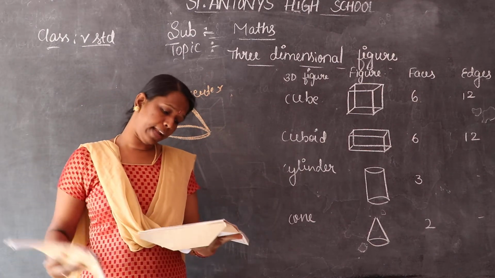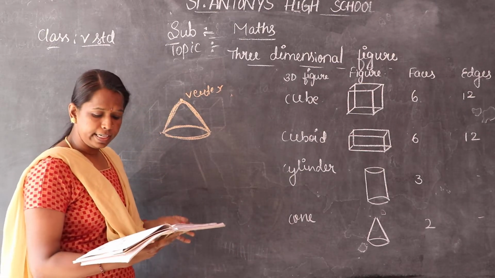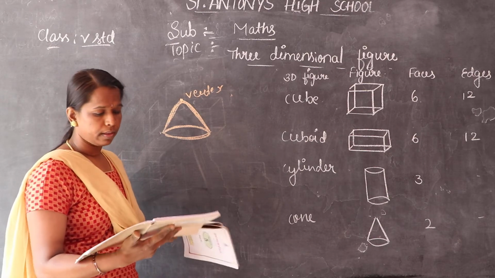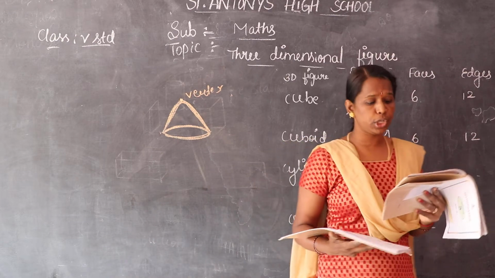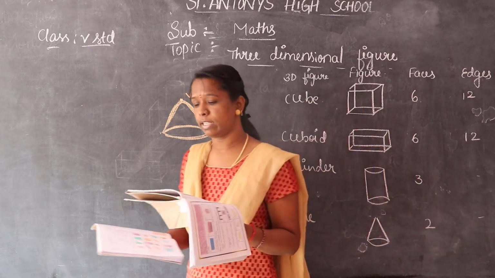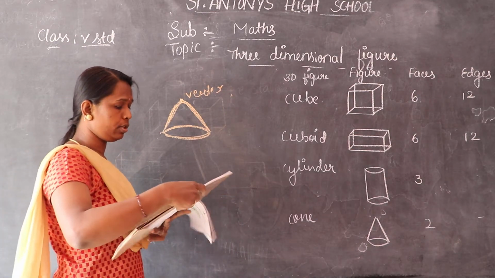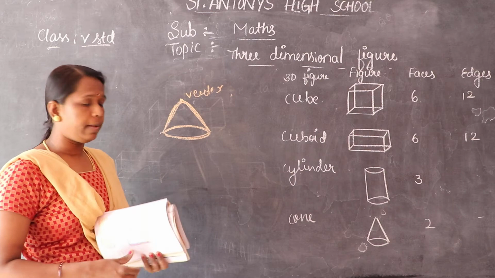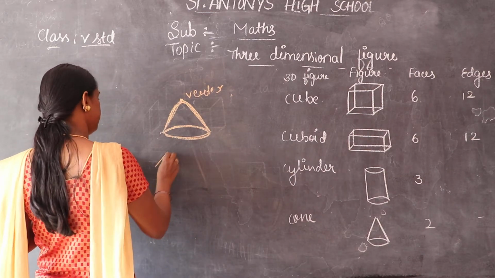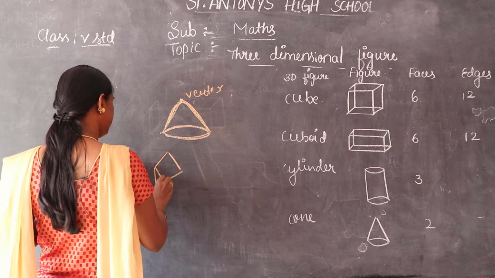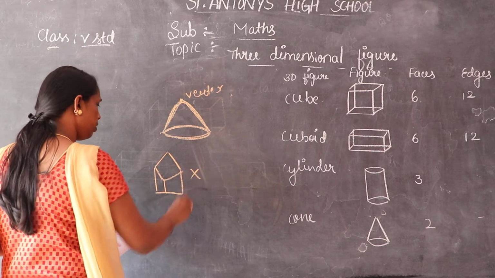From your exercise number 9.1, secondly, observe the following table. Against each shape of the solid, you have to put a tick against the figure which is an example for the shape, but a cross against the figure which is not an example for the shape. Okay, so here are some pictures of the shapes. First one, it is not a shape of a cube. So they are given, but this is not a shape of a cube.